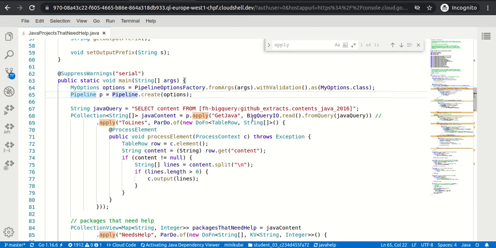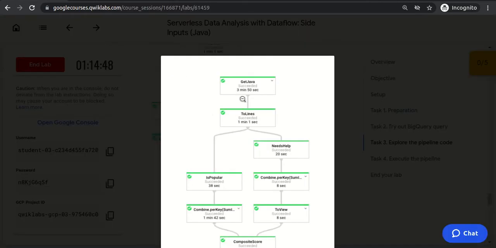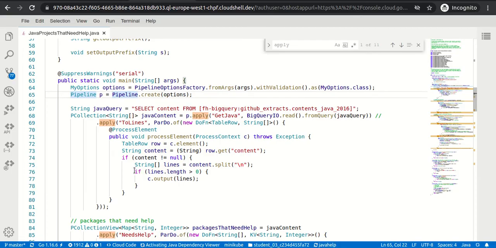Get Java is basically reading the BigQuery and storing it into the Java content, and after that it is reading its lines. So the next step is 2 lines, because we could see another apply function. After the get Java we have the 2 line step.